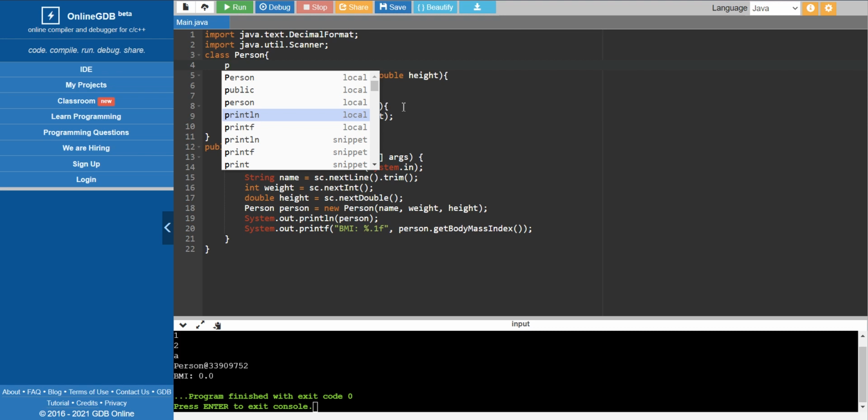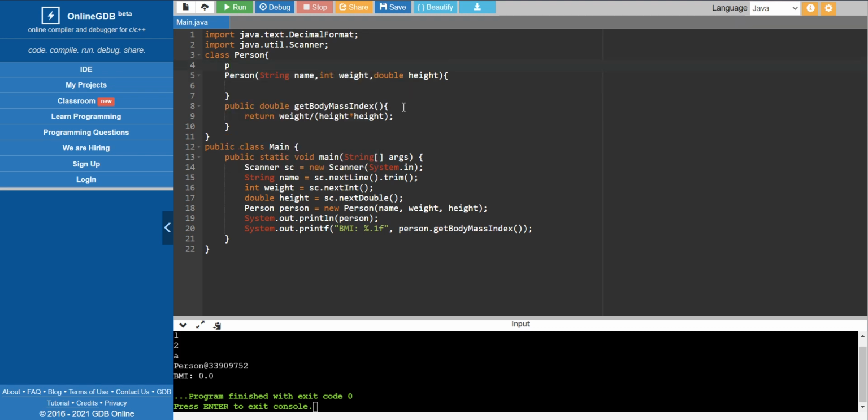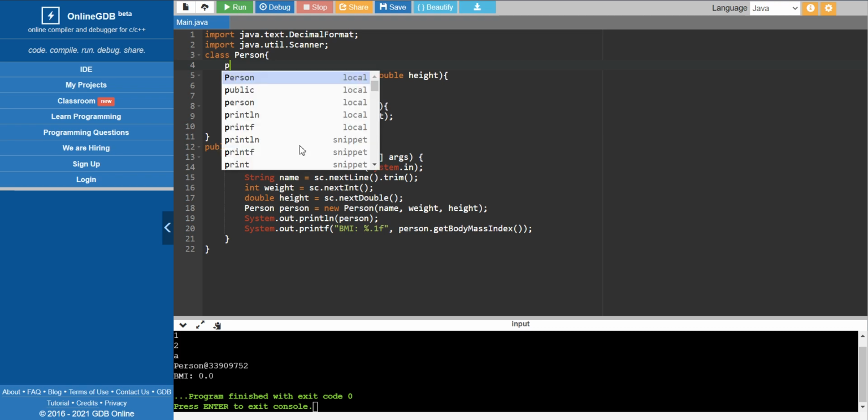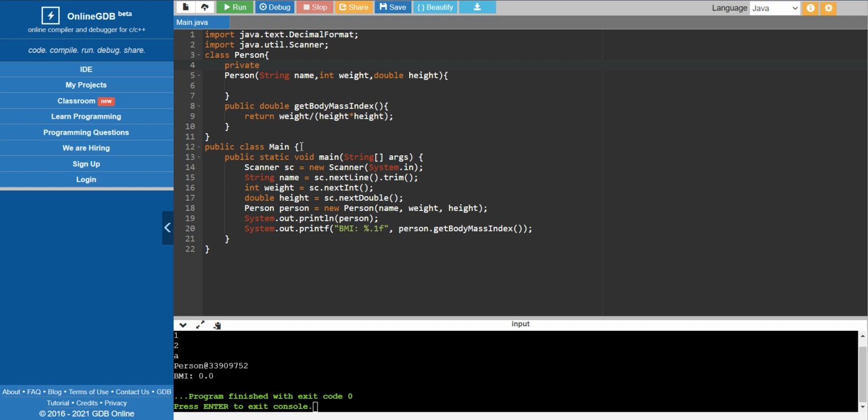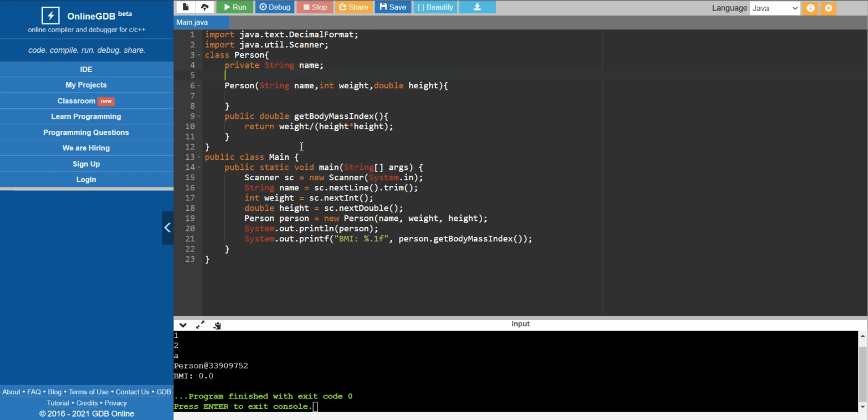If I define this as a public value, it's a common thing, so it searches for this created value name with these values, and it will throw me an error: the string name is already defined. To get rid of this error, I'm creating variables with the private keyword: private String name, which contains a null value at the beginning.